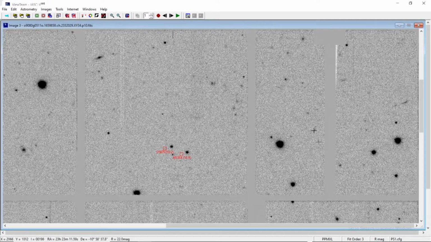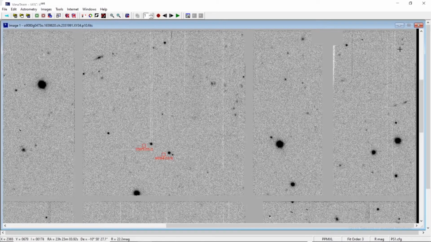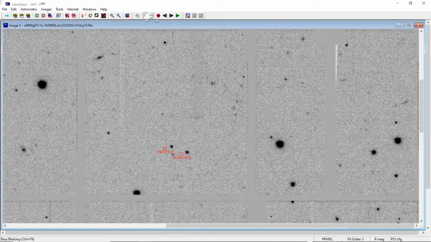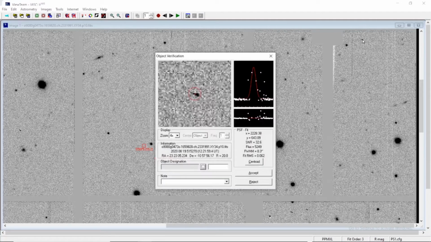Now you see there is an object that is seemingly moving in image number 1 and image number 2, but where does it go in image number 3? Now I am stopping it, I am just putting my crossbar here, and I am just trying to find it. Now you see the graph. SNR is okay, 32.6, R is 20.0, we need a second value to confirm it, but you see the graph, it's okay towards the downside, but when you move up, it's spread out. There is no white point clinging at all to this red band, and here also along this line there is a breakage in the graph, so you cannot consider this object at all.